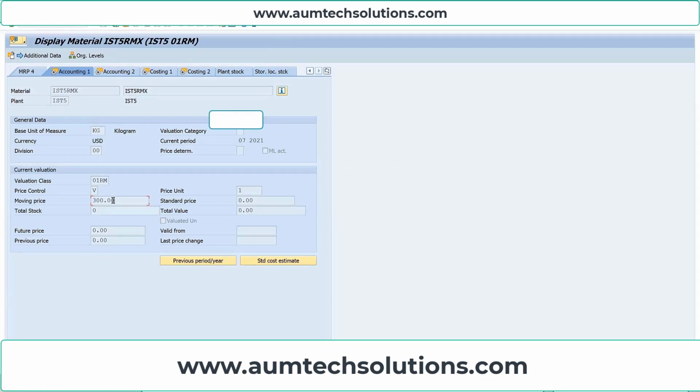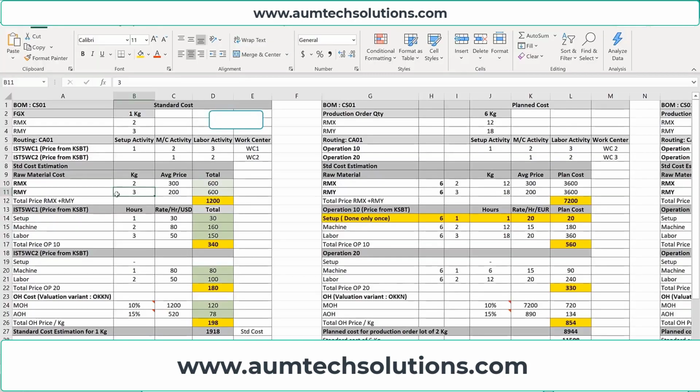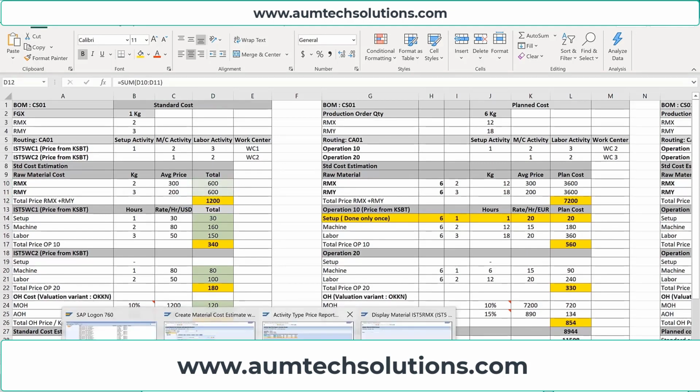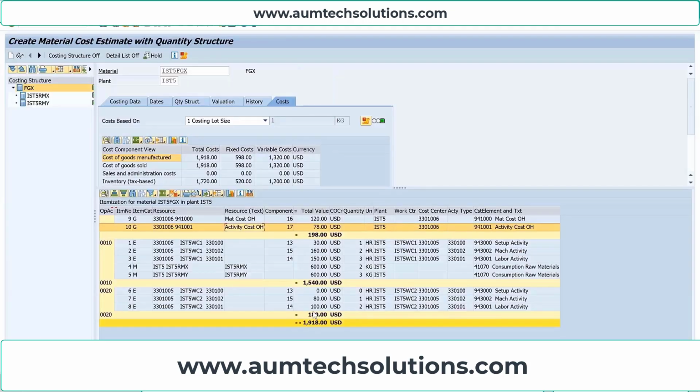For raw material, we take the moving average price. This price is $300 US. Similarly, the price for RMY is $200 US. So this value is 1200. This matches with the 1200 raw material price, which is shown here. 600 and 600, this is 1200.